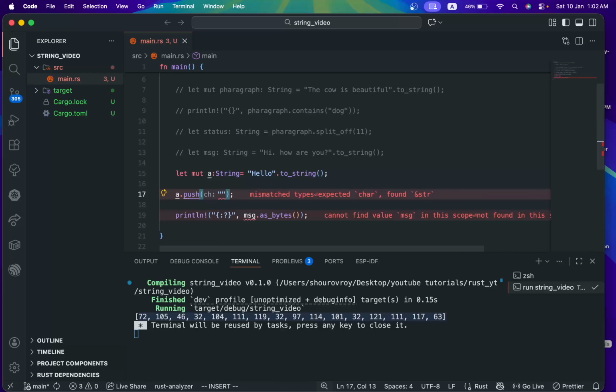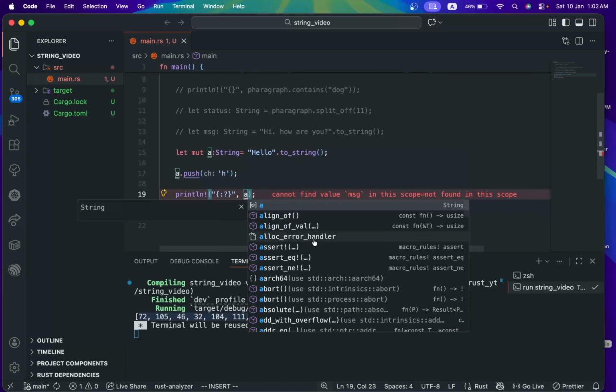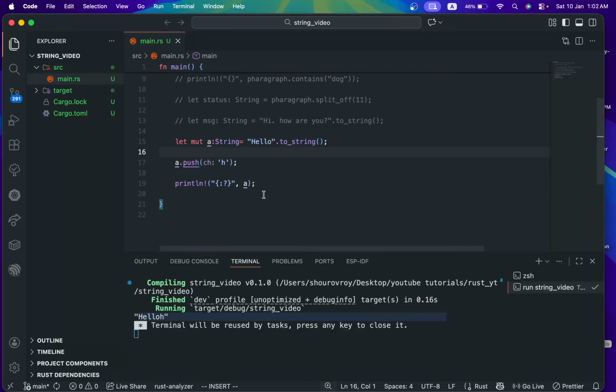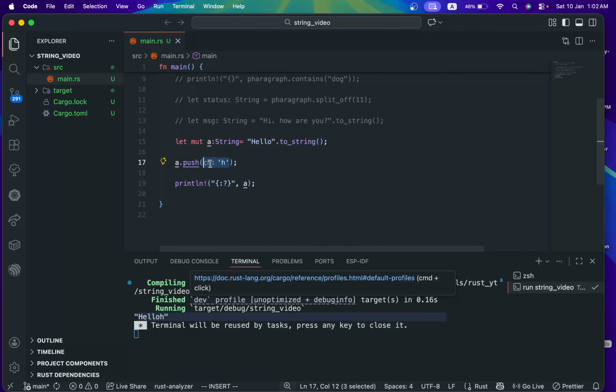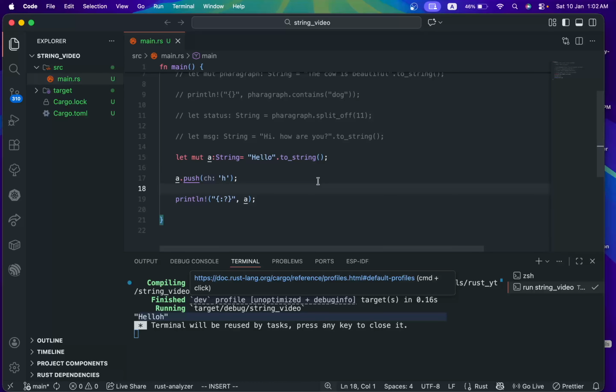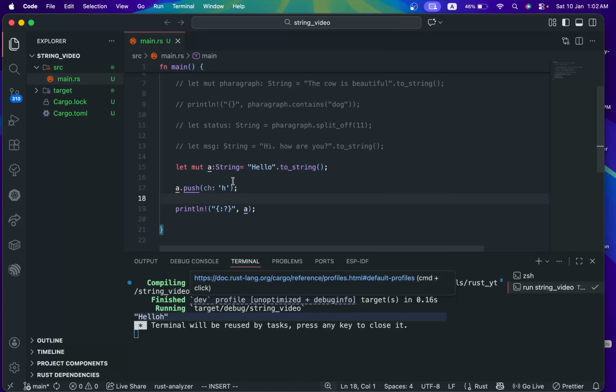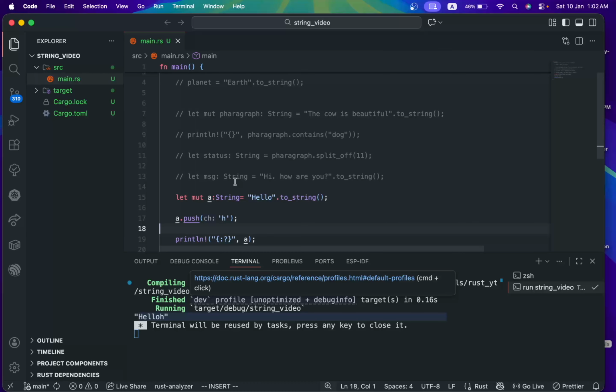And this push accepts only characters, and characters are single characters. For example, h. Okay, so you need to do it in single quotation, and let's print it out here a. And if you run it now, you can see hello h. That h has been pushed at the bottom of this a variable, which is hello. Yeah, so those are some basic ways of handling strings,